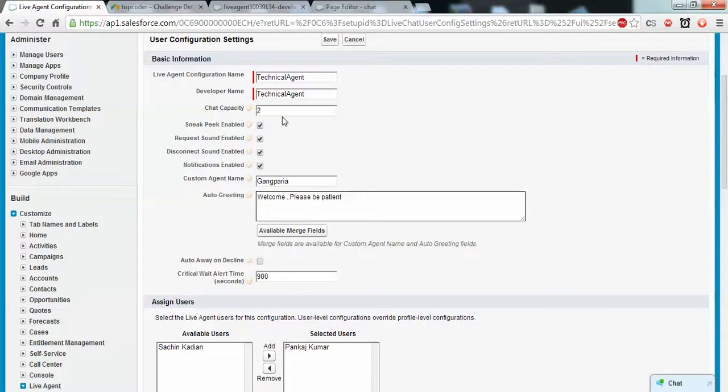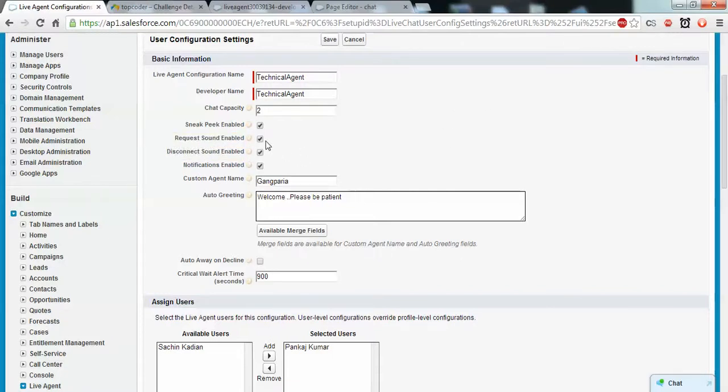So here the chat capacity is 2, and the queue length is 6, so 6 more can attempt to chat with him. If one more person tries to click on the chat button, he will get a message that the agent is not available. Sneak peek enabled means whatever the visitor types, that live agent can see it and be prepared and ready to answer him.